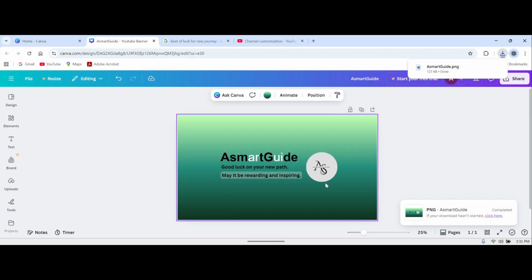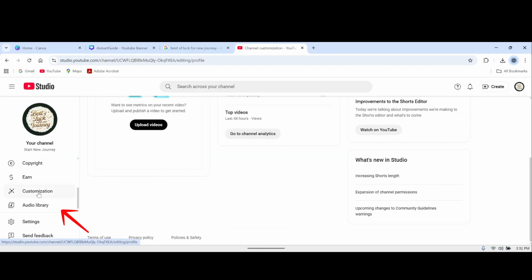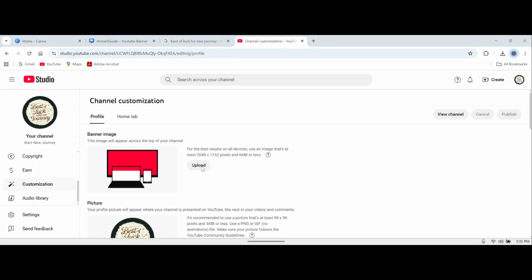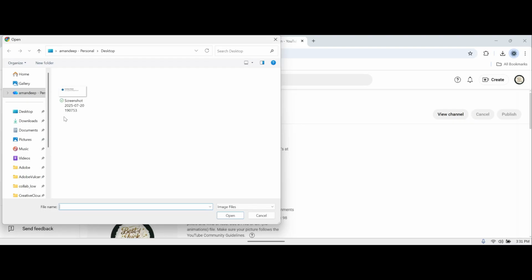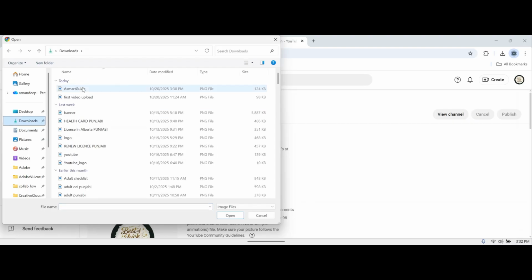So now we need to go to our YouTube channel. Now we need to go to customization. Click here, and here we need to upload our banner. Click on upload, and here you can see our image AS Smart Guide in PNG. Open,